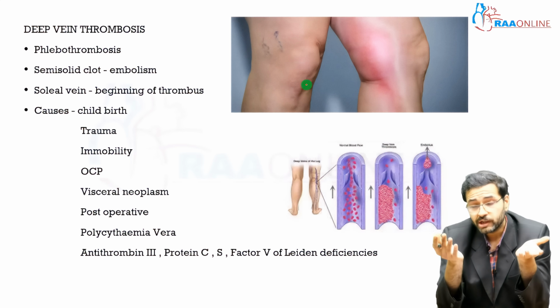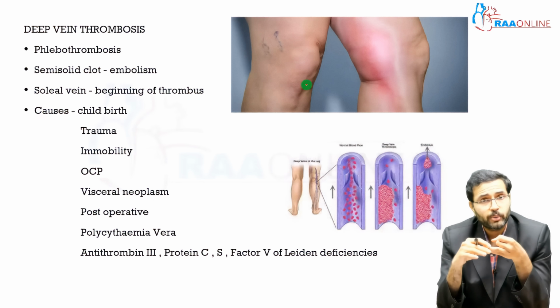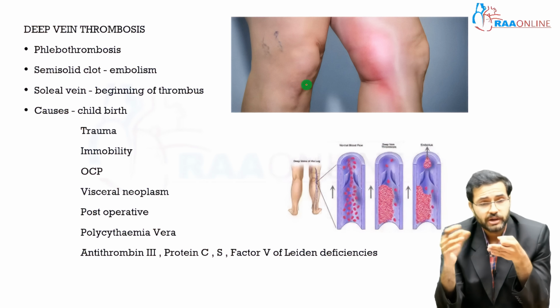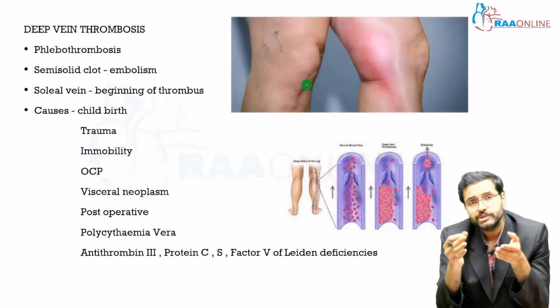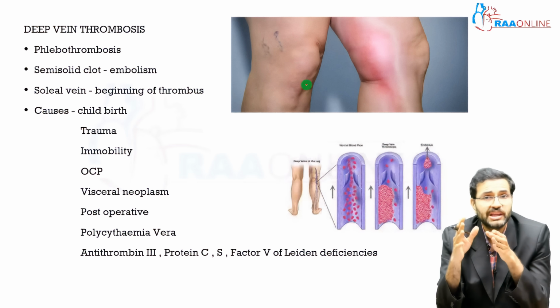So Virchow's triad includes: one, there is endothelial damage; there is hypercoagulability; as well as there is stasis. So these three factors are necessary for coagulation to occur. So these are called Virchow's triad. Any condition which can precipitate any one of these three factors is capable of causing deep vein thrombosis of